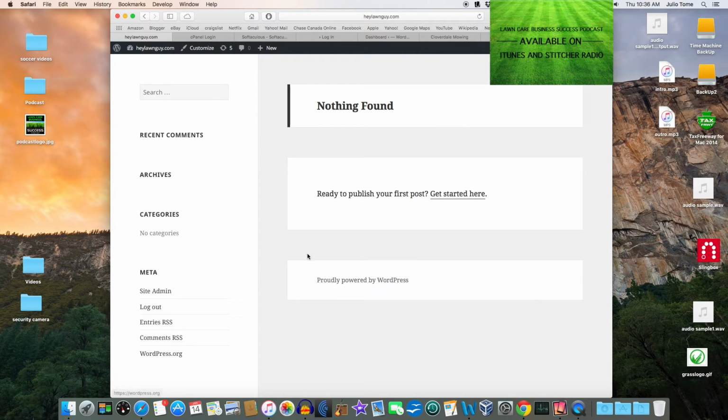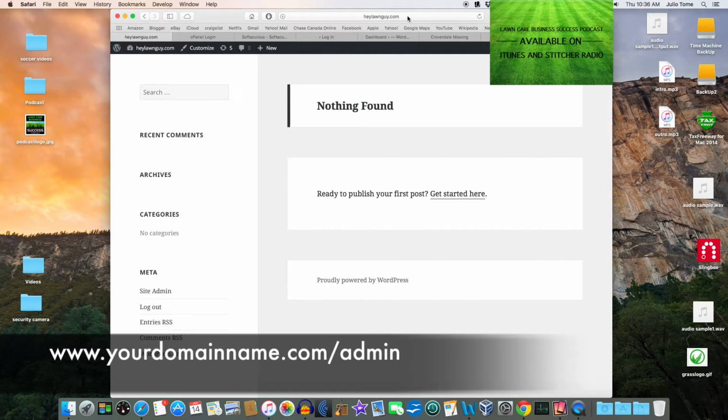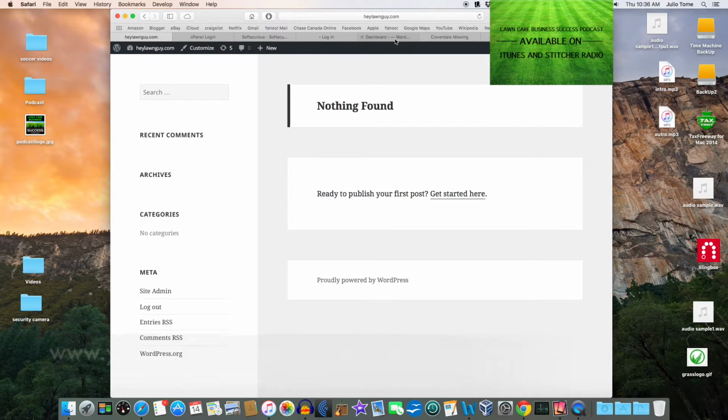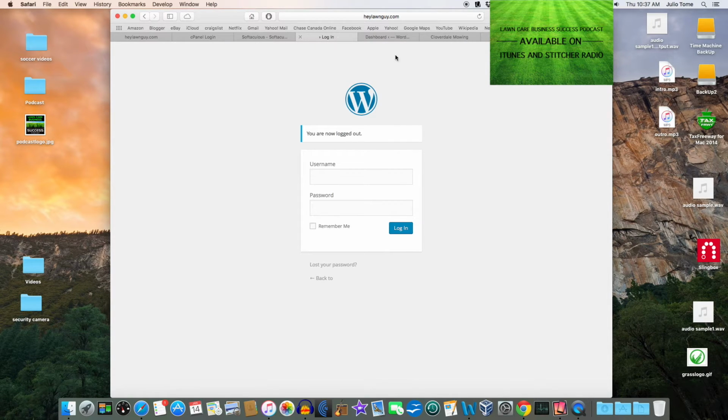Now, obviously, this is pretty bland and boring looking, so you're going to want to change that. To do that, you just go back up to your URL bar, where you enter your domain names in your browser window, and at the end of your domain.com you're going to enter /admin, and once you do that, it's going to take you to a login page for WordPress, which looks like this,